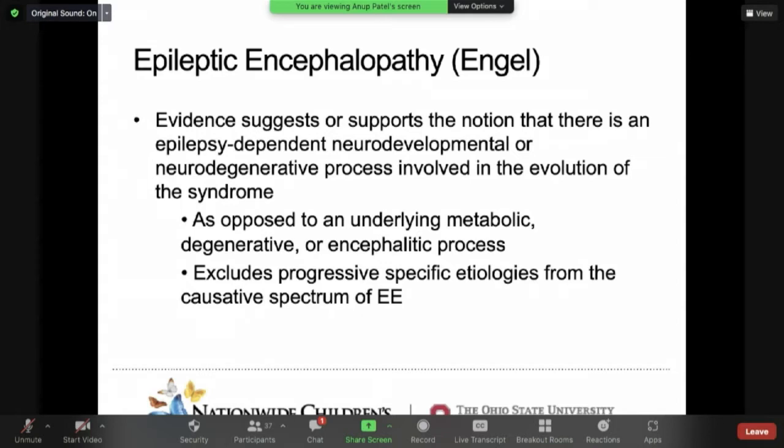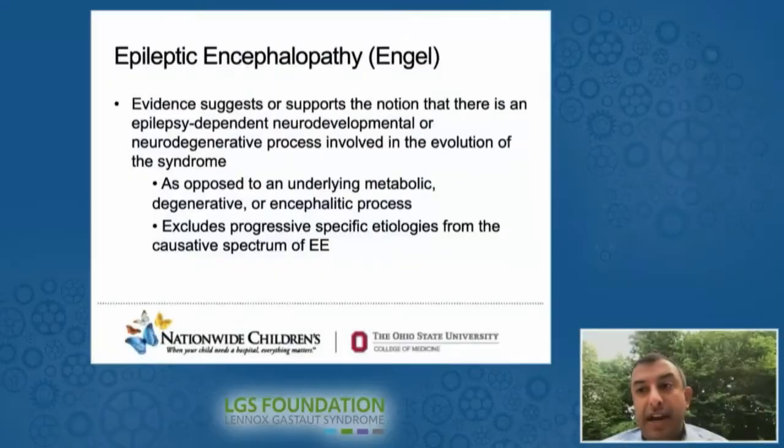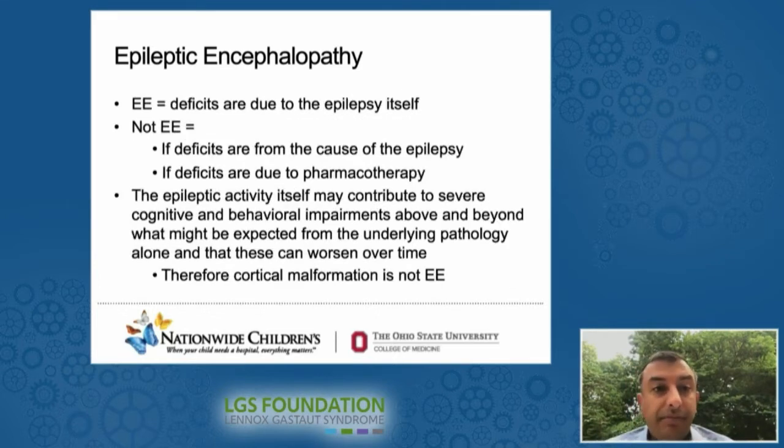And that sometimes is very difficult to be able to dissect, because as we talk about in a little bit, many of the etiologies of LGS are also going to have that tendency or could have that tendency. But that's what I think makes LGS a little unique in the spectrum of developmental epileptic encephalopathies and as it relates to other etiologies for epilepsy that were kind of discussed earlier today.